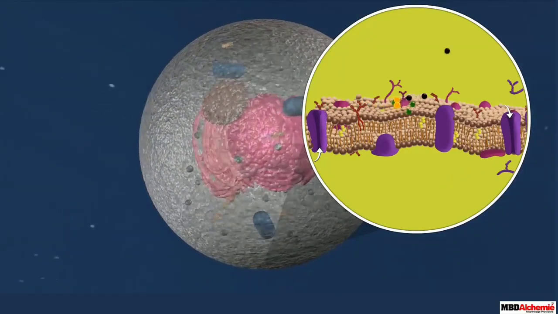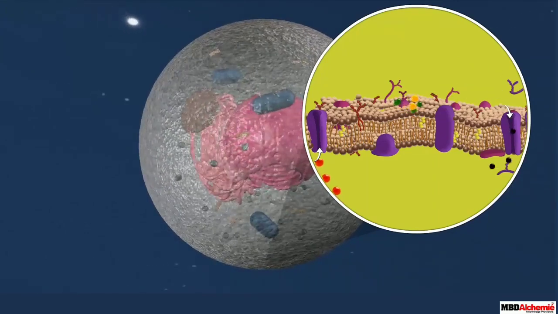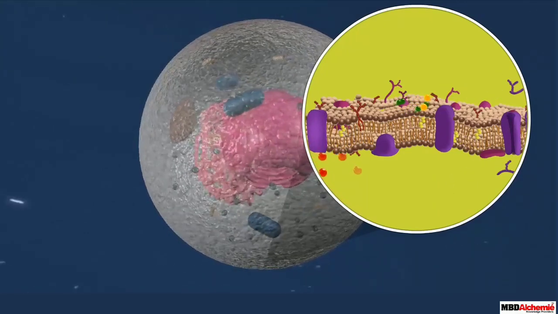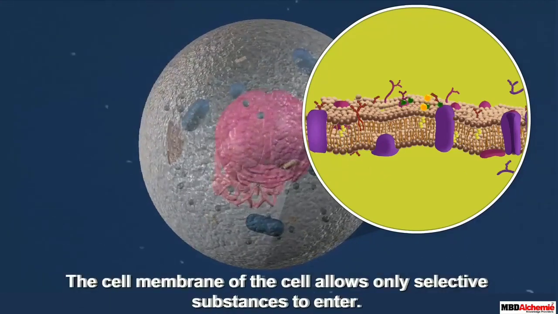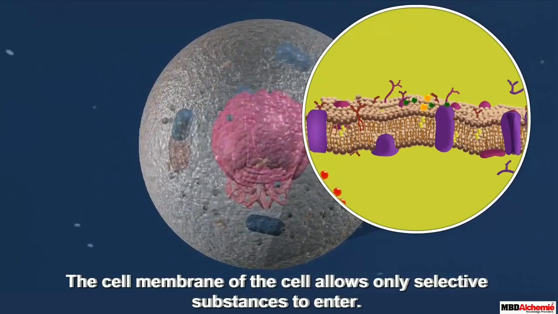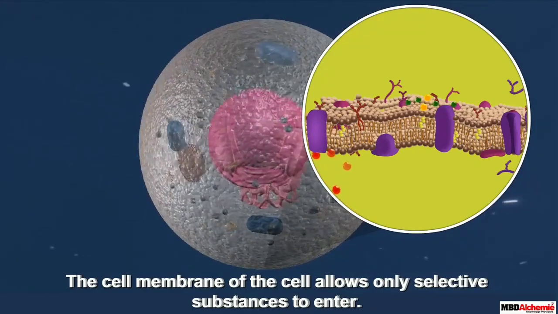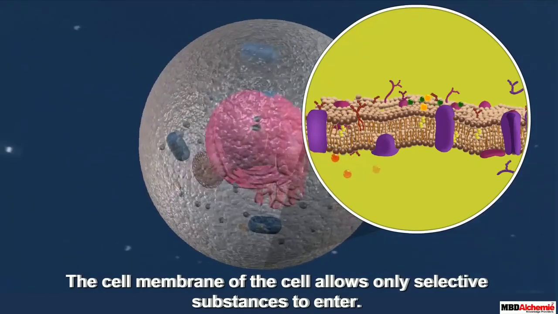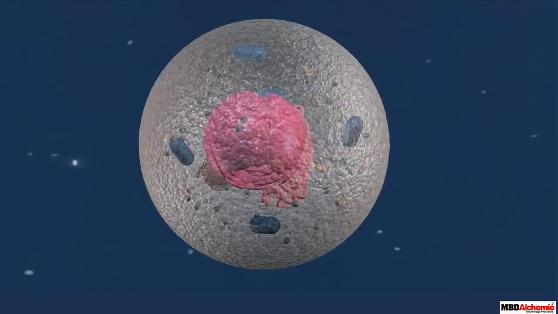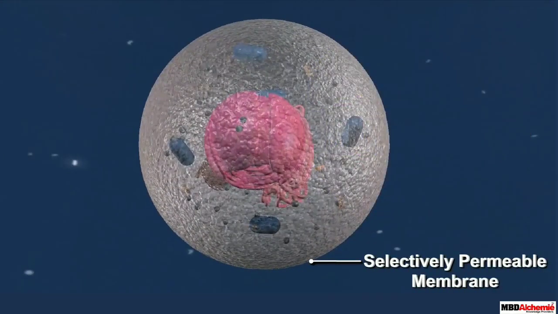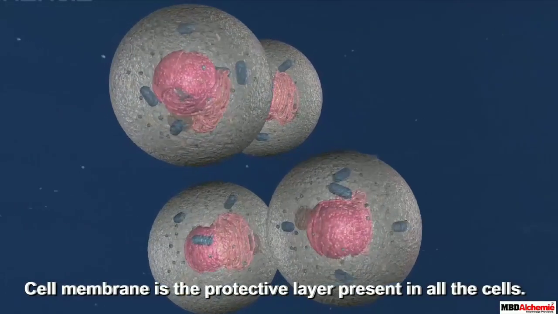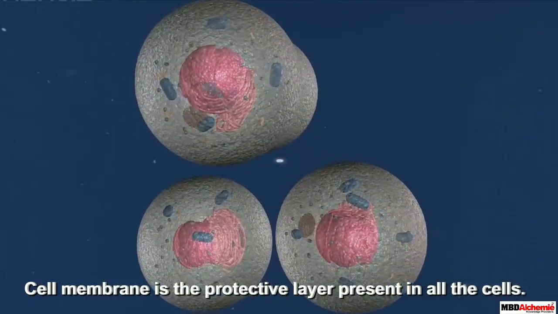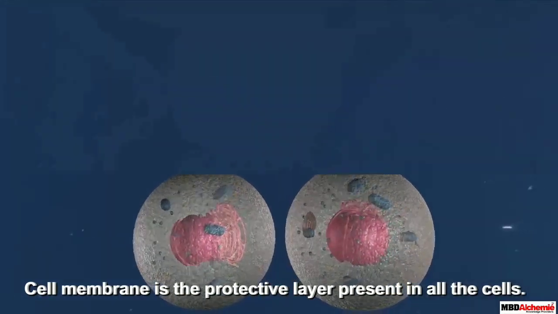Likewise, this plasma membrane acts as a door for the cell. It will allow only the entry and exit of selected materials into and outside of the cell. That's why the plasma membrane is called a selectively permeable membrane. Okay? That plasma membrane allows or permits the entry and exit of some materials in and out of the cell. It also prevents movement of some other materials. That's why the cell membrane is called a selectively permeable membrane.